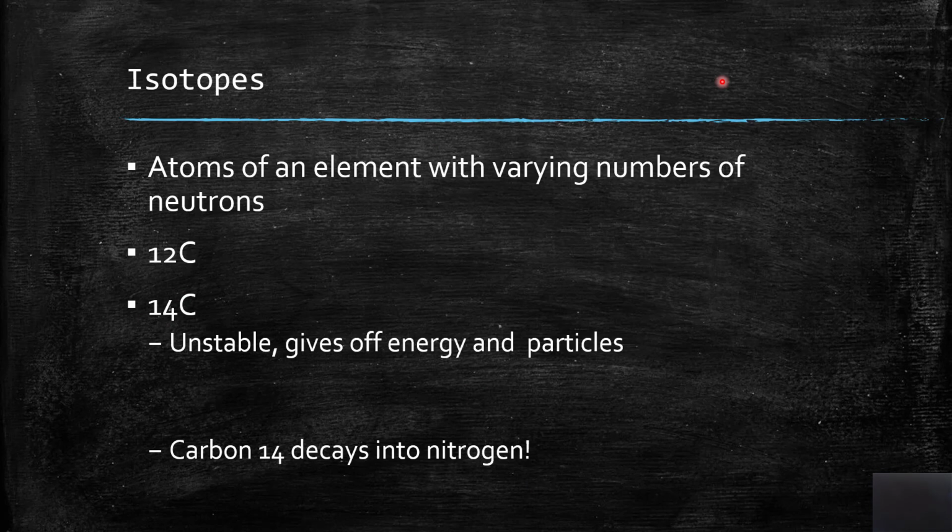And so some carbon has 14 neutrons. It's less stable. Actually, a lot of isotopes are radioactive, meaning they're unstable and they release subatomic particles. Carbon-14 will actually decay over time into nitrogen. So isotopes, once again, are atoms of an element with varying numbers of neutrons. So different numbers of neutrons than you might expect based on the periodic table. That's why I said the atomic masses are